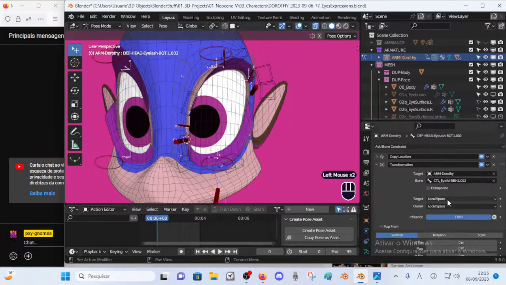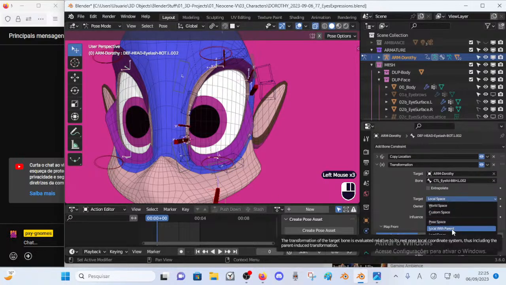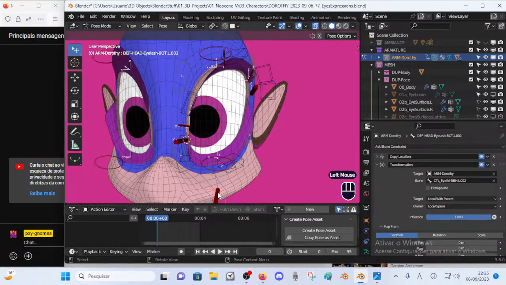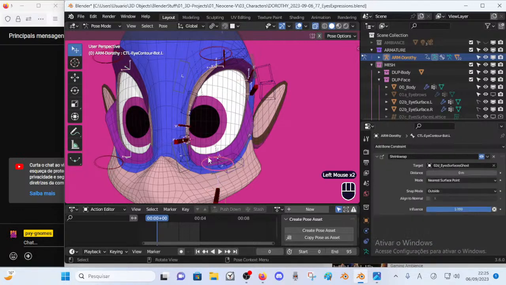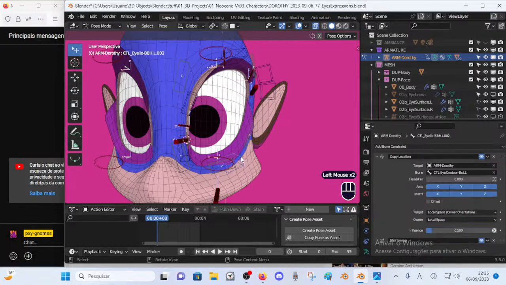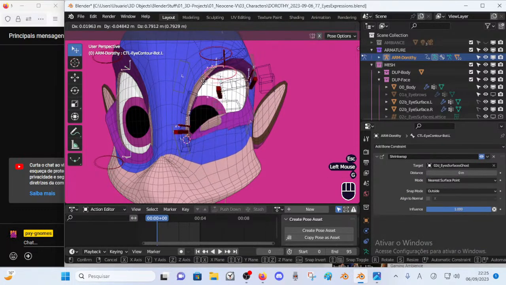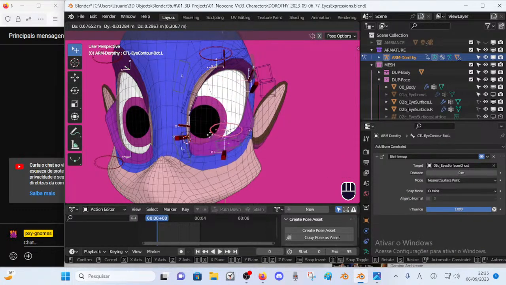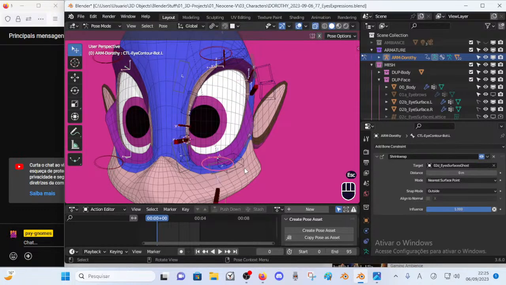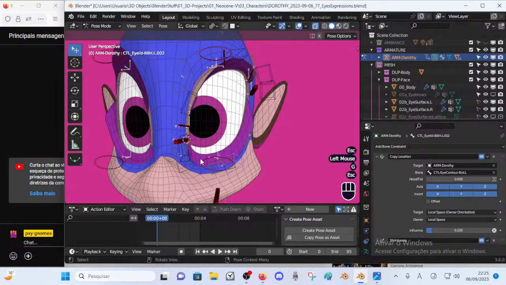But if I get the local space for the target with parent, local with parent, then this means that this bone, and I don't understand clearly, but this means that because this bone is parented to the main control bone, this bone will also respond not only to that, but to that. Wait, it's not responding very well actually. Or it's just impression.